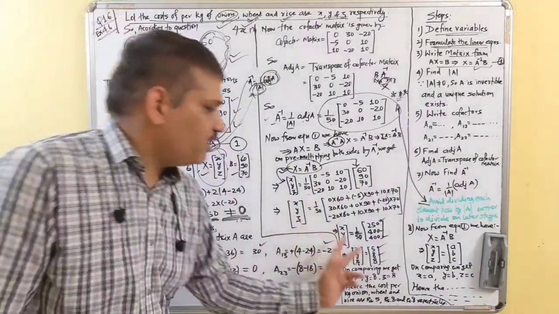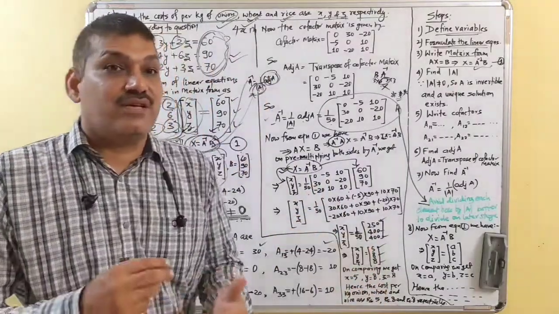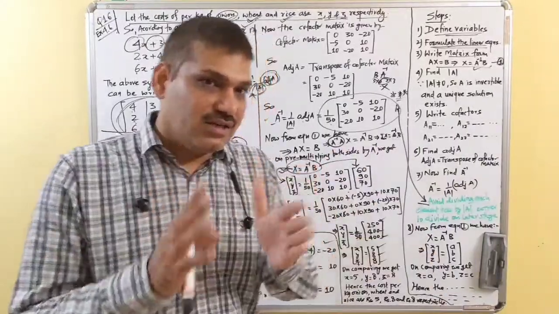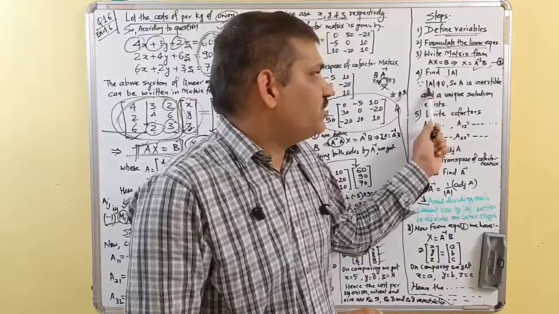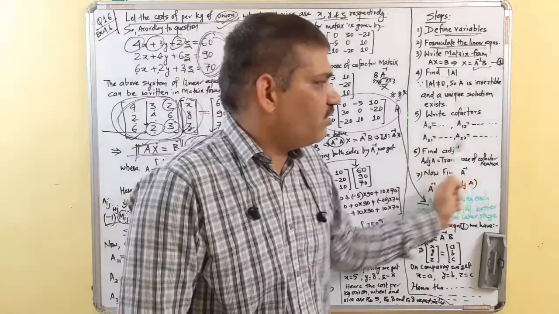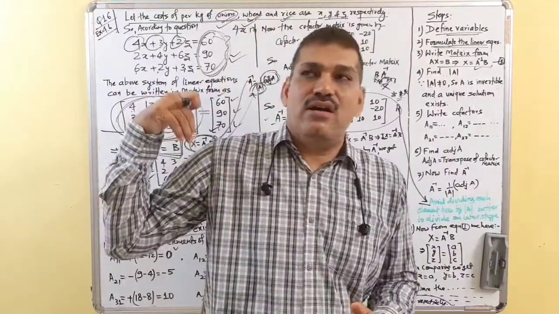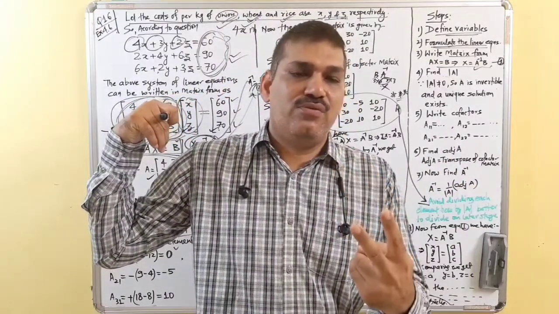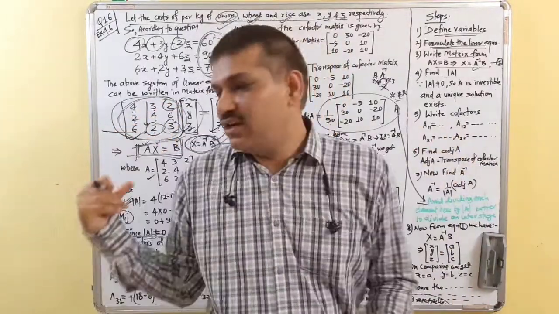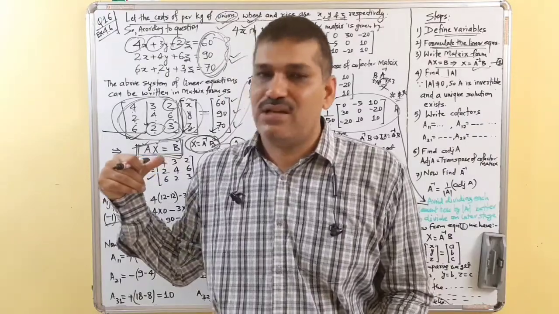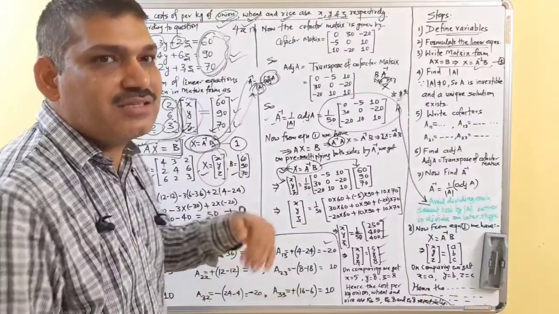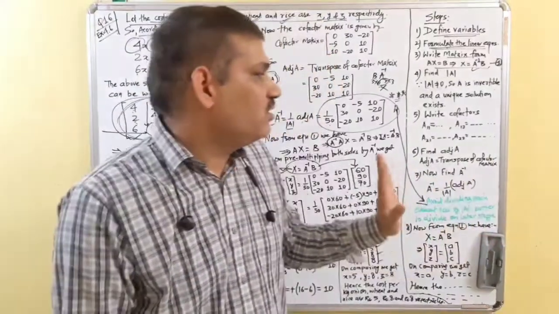Now on comparing the corresponding elements, we get the value of x, y, z, and since it was a word problem, the answer must be there in words. So find determinant A; it is not equal to 0, so it is invertible, so a unique solution exists. Then we write all the cofactors. If it is a system of linear equations involving two variables, there will be two equations, so there will be 4 cofactors. Here it had 3 variables and 3 equations, so there were 9 cofactors that will make a square matrix invertible so that we can find the solution.